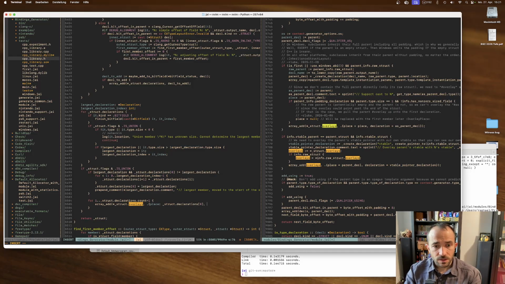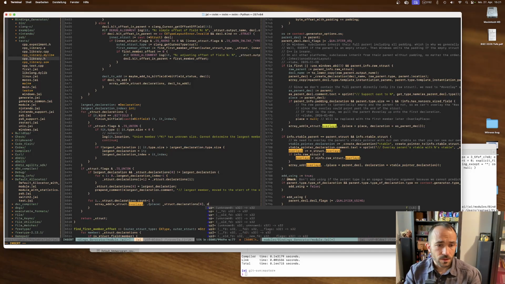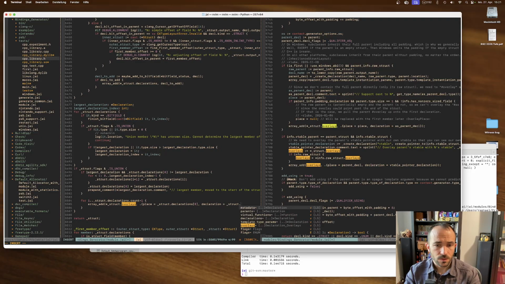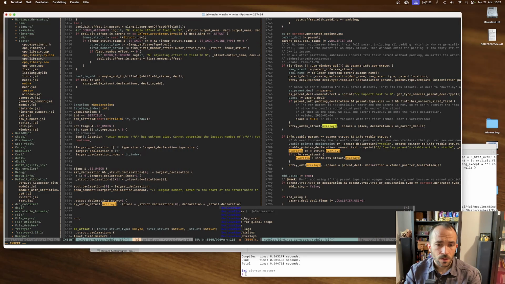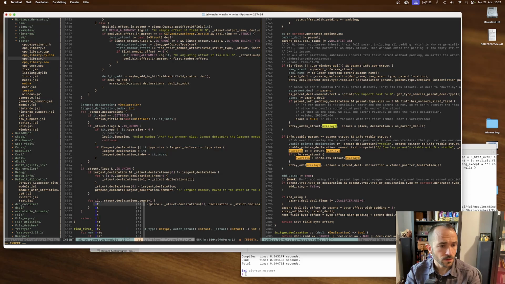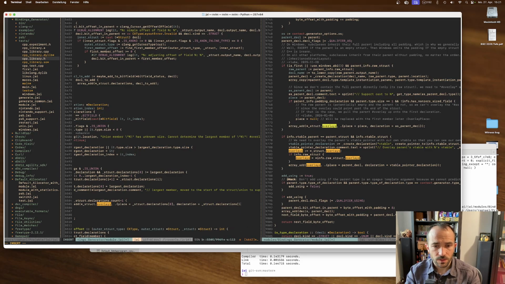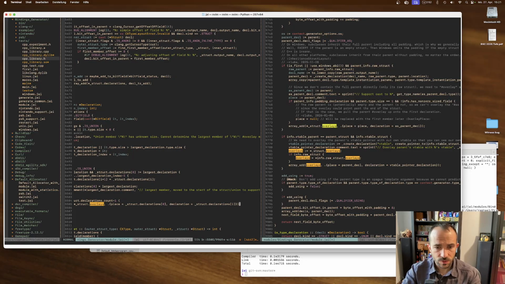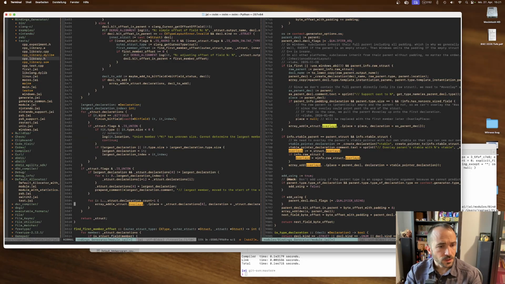So we'll place it at the declaration 0, and the declaration is struct declarations I. For some reason, I like to still use I for numbered loops. Okay, and then we say